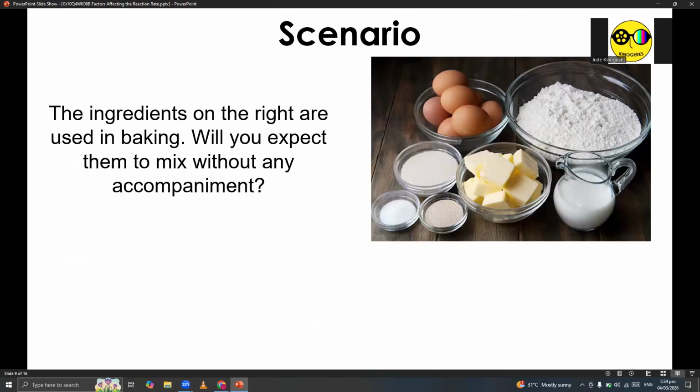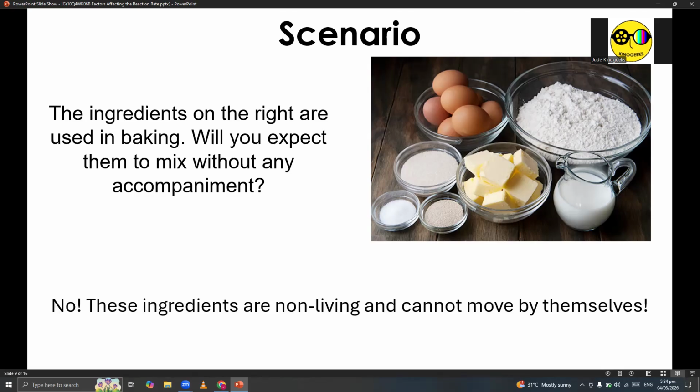Now, for the next factor, I didn't specifically allot a solo exhibit here because all exhibits manifest this specific factor, no? So, in introduction to that, the ingredients on the right are used in baking. So you have eggs, flour, milk, butter, sugar, salt, and yeast. Will you expect them to mix without any accompaniment? So obviously not, because these ingredients are non-living and cannot move by themselves, no? Cannot expect them alone